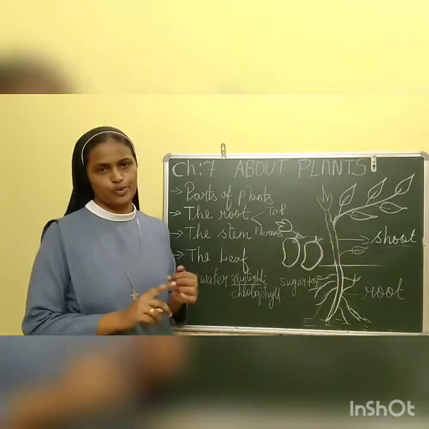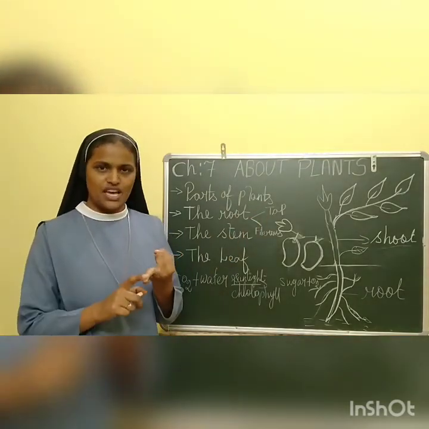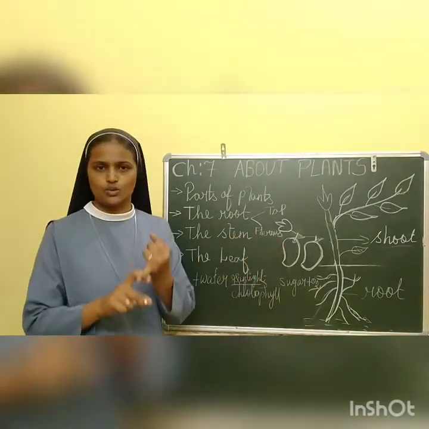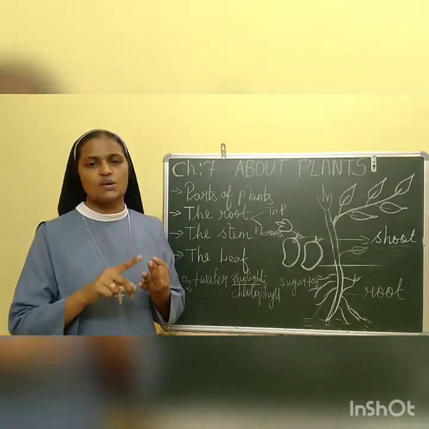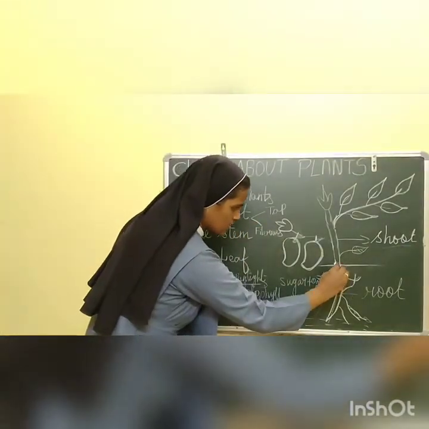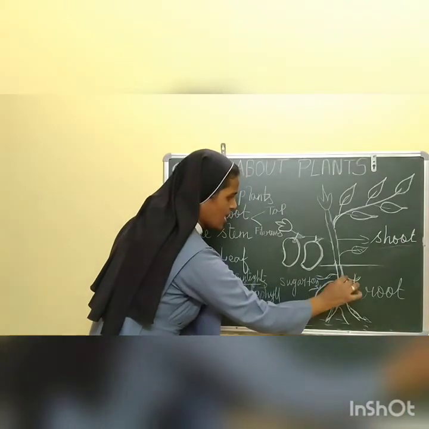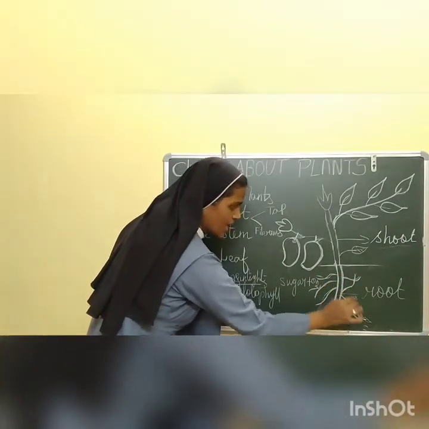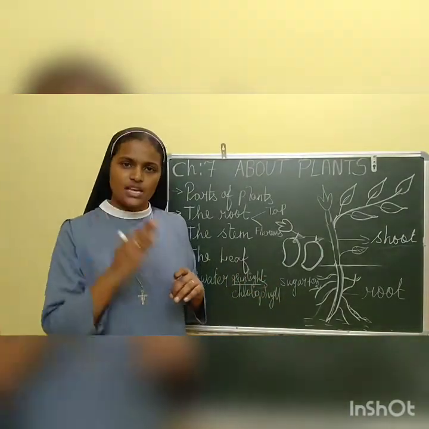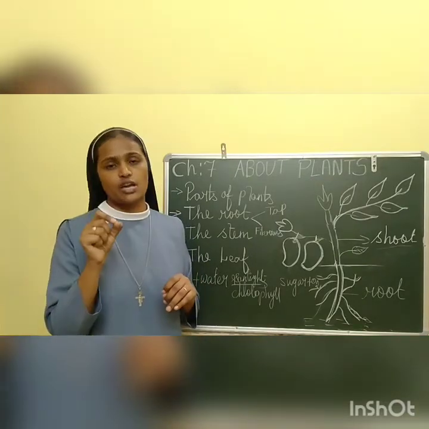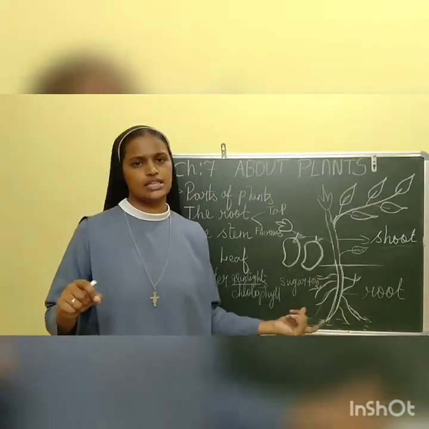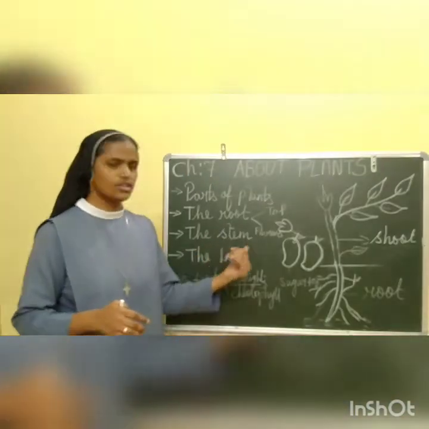Examples of taproots are mustard, spinach, marigold and sunflower. Examples of fibrous roots are grass, wheat, maize, onion, etc. Taproot means it's a thick one. One main taproot will be there and root hairs will be present. In fibrous root, many other branches will be there and these fibrous roots will be very thin, whereas the taproot is very thick.